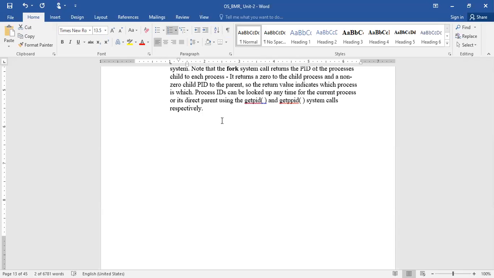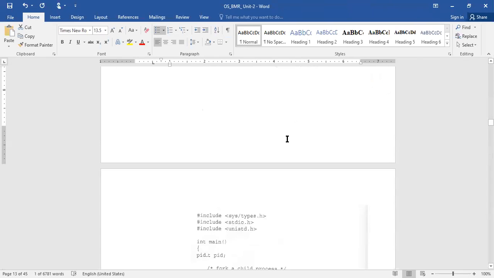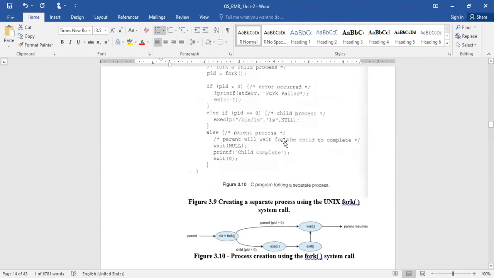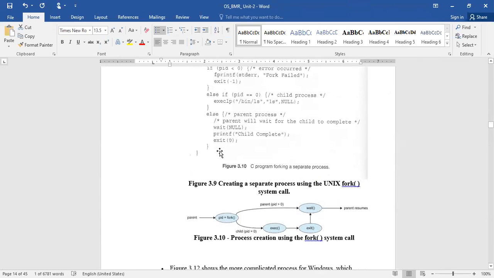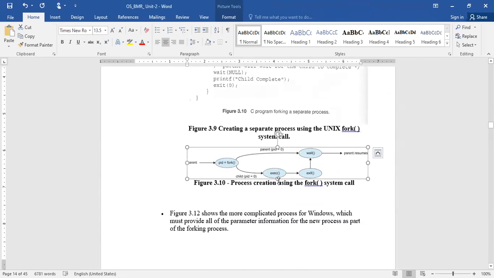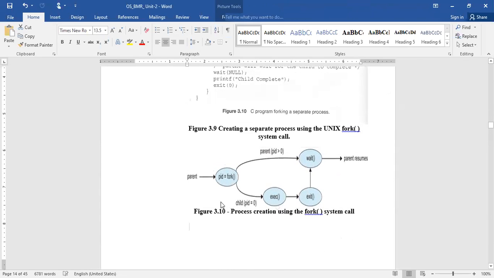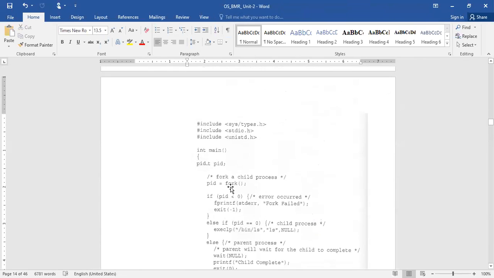If you want the same output in the command prompt itself, you can type the command getpid to display the process ID, whereas if you want to display the parent process ID, you can go with getppid. So this is the program which we have executed right now, and now this is the diagram. The fork system call will return an integer value, which is the process ID of the newly created child process.